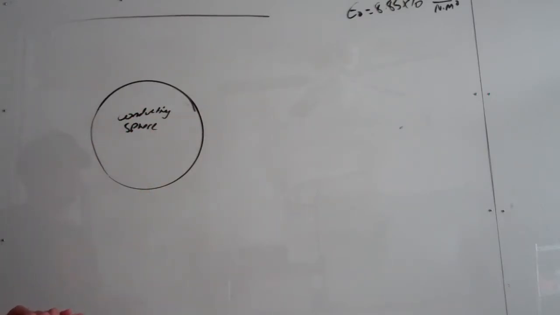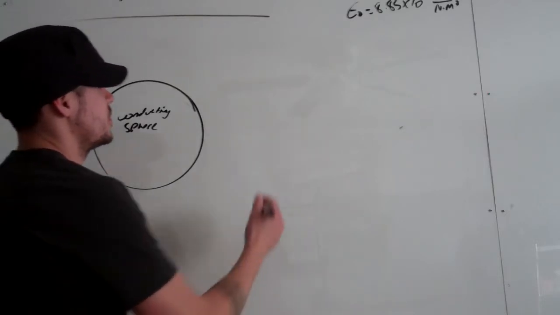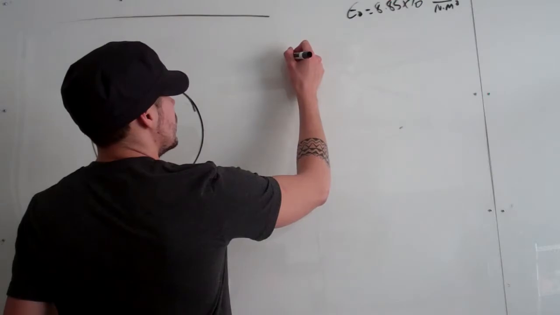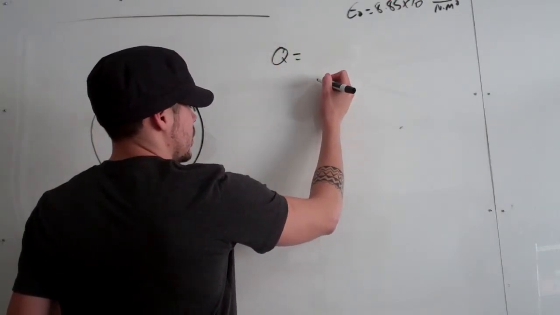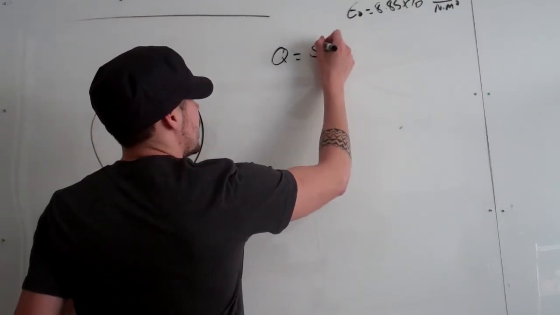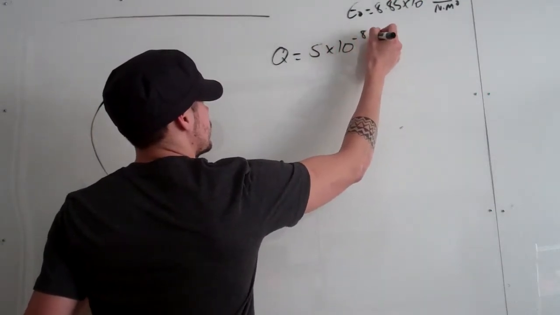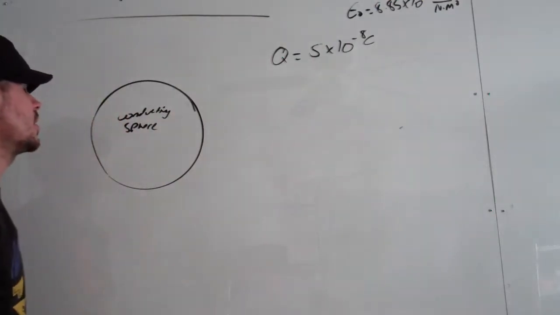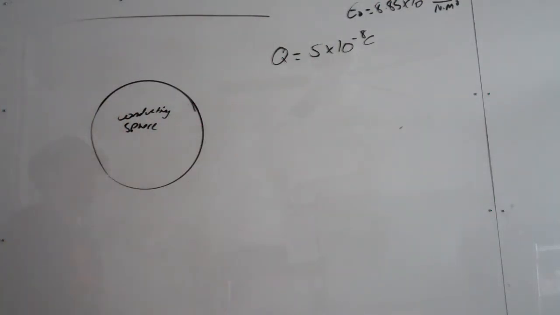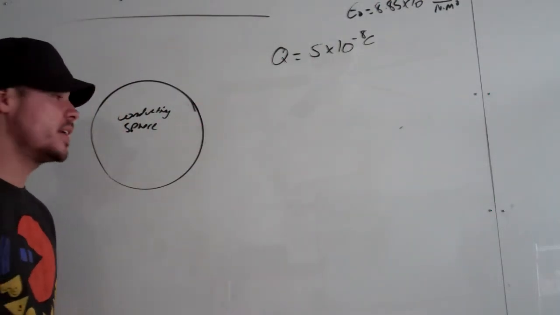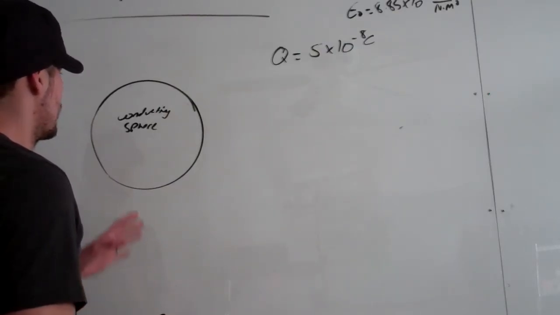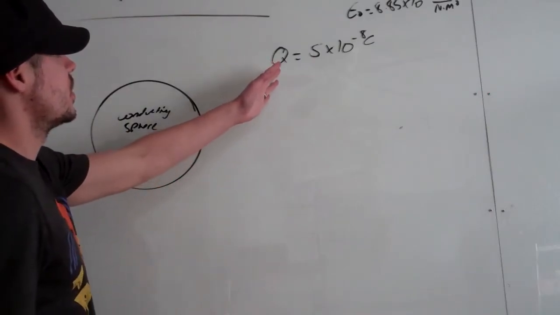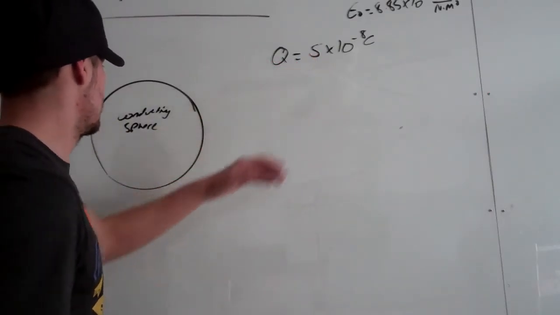Now, in order to find an E-field, first of all, we didn't know what the charge is, right? Let's say that we have a charge of Q is equal to 5 times 10 to the negative 8 coulombs. It really doesn't matter. But here's our charge for later on when we want to plug in. Okay, now, we want to draw a Gaussian surface. So here's a sphere. It's got a charge of Q is equal to 5 times 10 to the negative 8